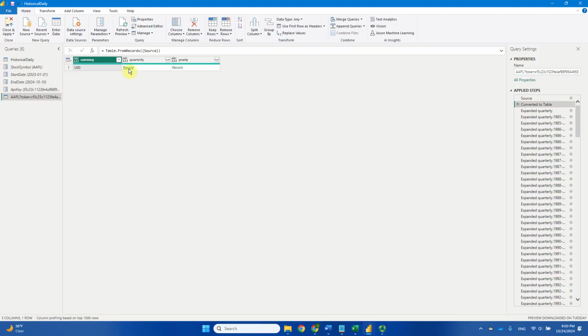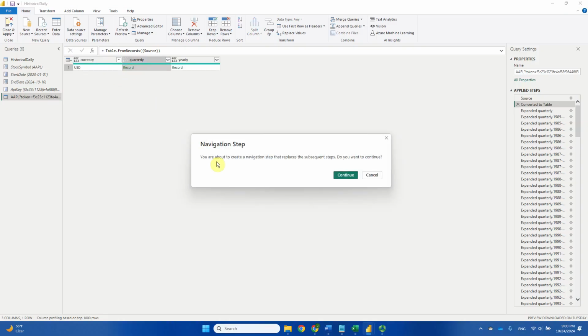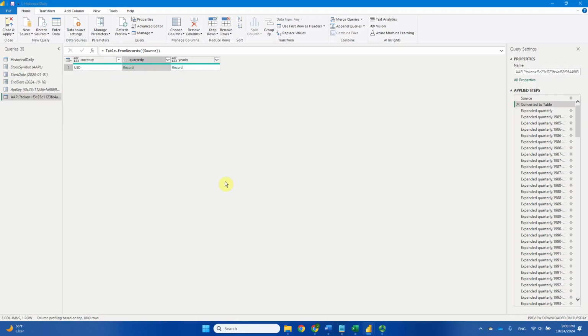So I'm going to click on record, and here it says you're about to create a navigation step that replaces the subsequent steps. Do you want to continue? All right. It doesn't hurt if you just ignore the automatic steps taken by Power BI. We can always go back and redo this process, right? Let's just check what happens if I take this quarterly record only. Okay. So I click on continue, and